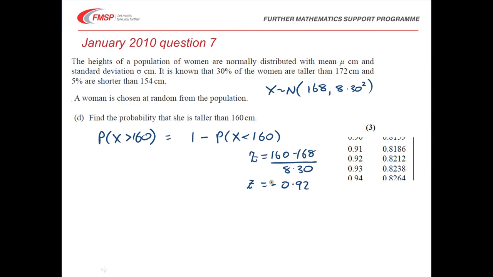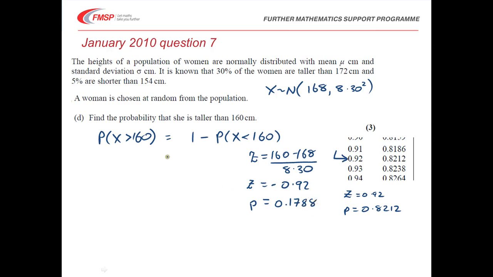Now it's negative, so to work out a negative z value, what we do is we look up the positive. So when z is equal to 0.92, p is equal to 0.8212. So the corresponding probability for this z value, we take it away from 1. So that's going to give me